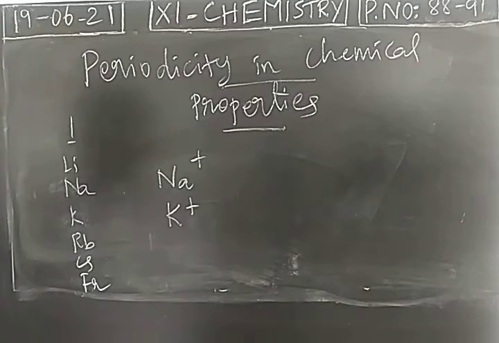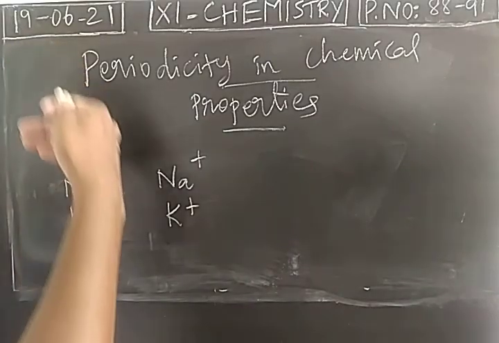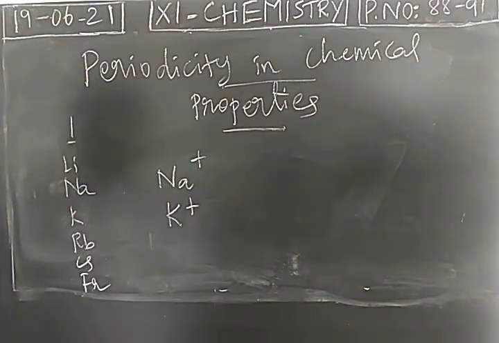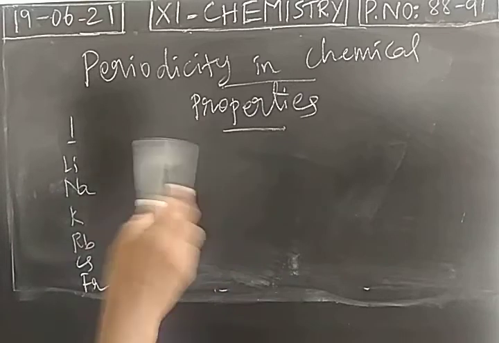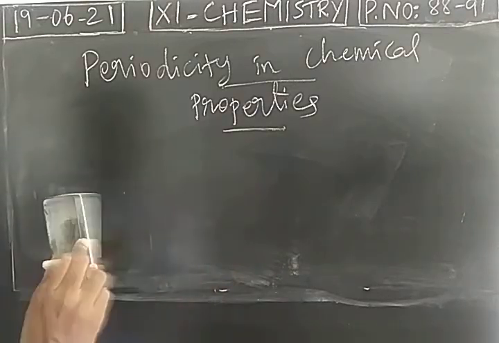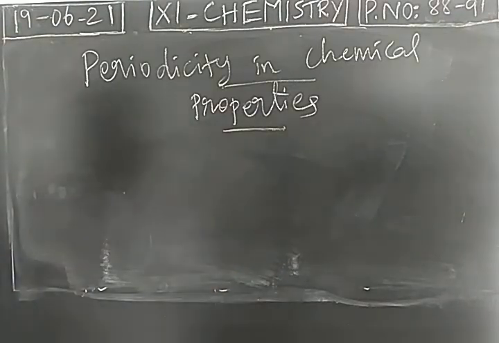So they are highly reactive, and these metals are called electropositive metals. Electropositive character increases from top to bottom. Top to bottom, ionization potential decreases, so electropositivity increases from top to bottom. Generally, the element present in the extreme left lower part of the modern periodic table will have more reactivity. Okay, this is one part. Electropositivity will be more for the element present in the extreme left lower part of the modern periodic table.